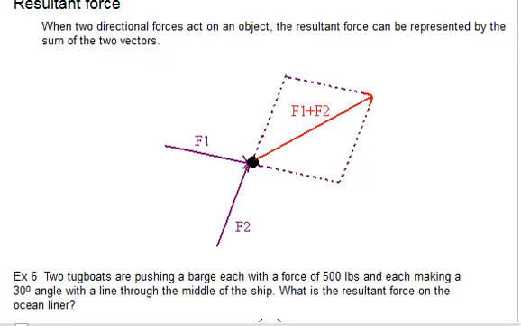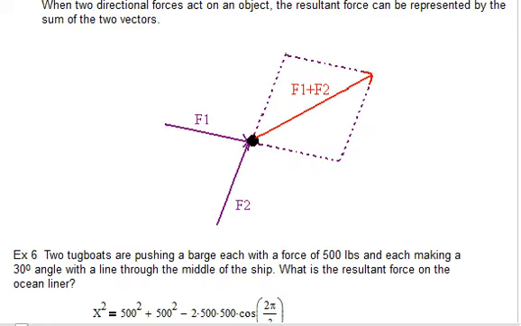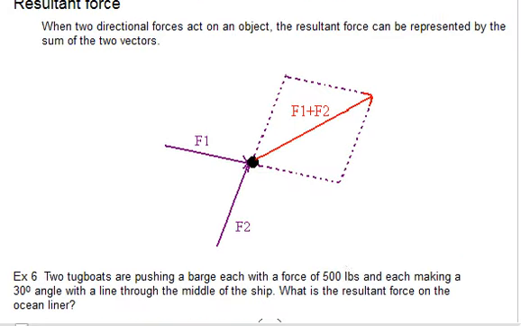Two tugboats, perfect example, are pushing a barge, each with a force of 500 pounds and each making a 30-degree angle with a line through the middle of the ship. What is the resultant force on the ocean liner that these two,